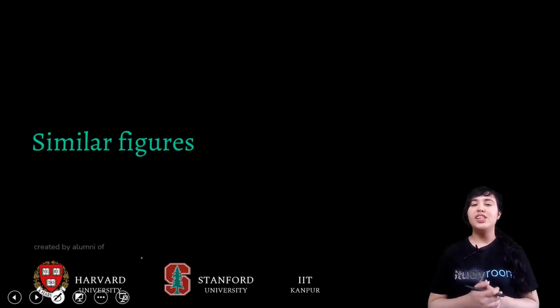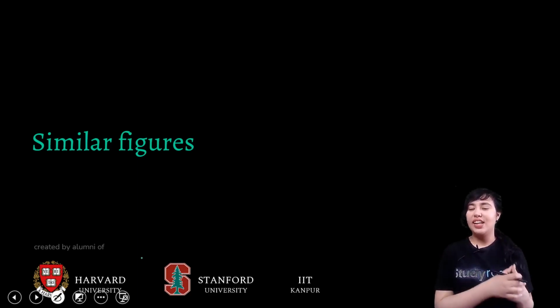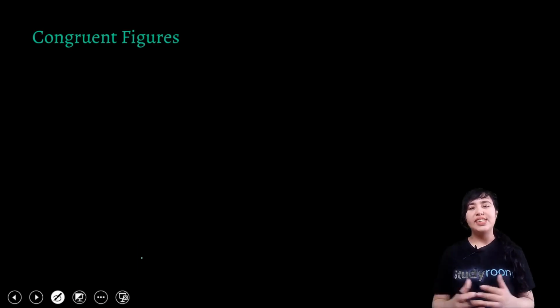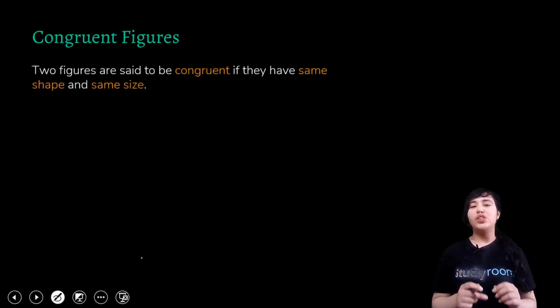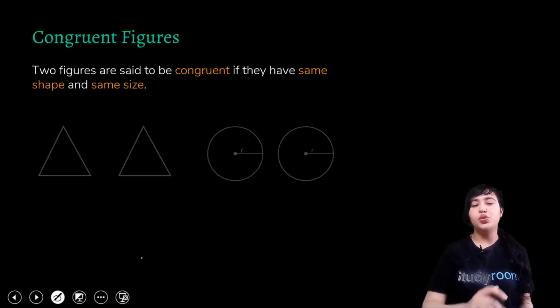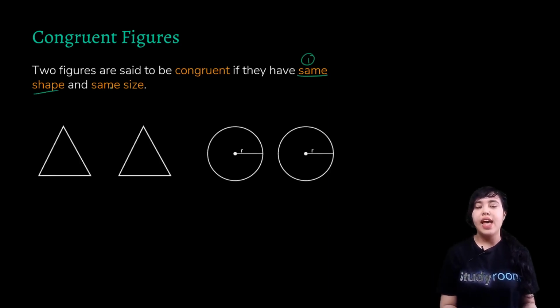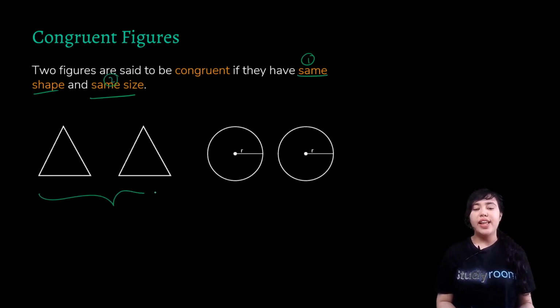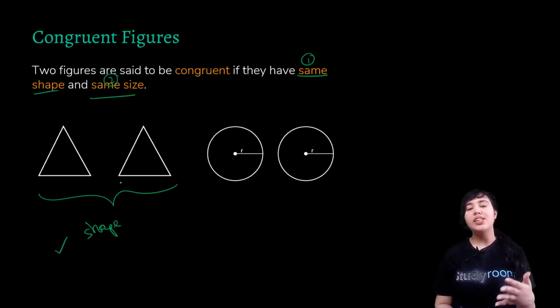Now, to understand this, you need to understand congruency, which I'm glad to say you've studied in class 9. So you would be aware what congruency is. Let me just quickly revisit what congruent figures are. For congruent figures, you need to take care of two things. First of all, the two figures should have the same shape. And number two, they should have the same size. So same shape and same size. Here, if you look at the first two figures, we have two triangles. That means they have the same shape, which is triangles. Talking about the size, you can measure it and visually also we can make out that yes, they do have the same shape and size, which means these two are congruent triangles.